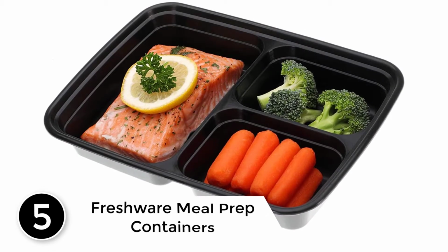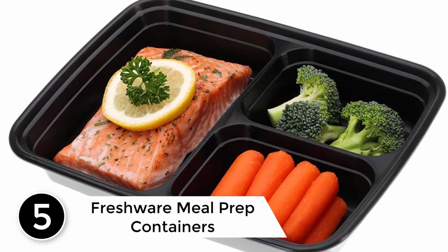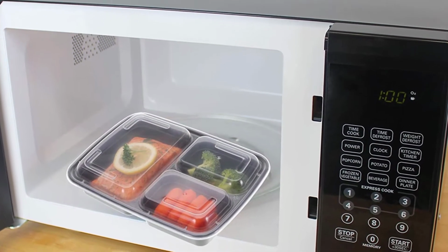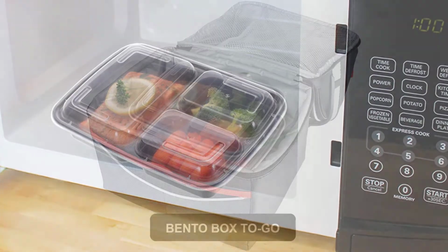Starting at number 5. Freshware Meal Prep Containers. Containers with compartments allow you to take delight in every delish taste in your meal. Besides that, preparing food becomes much easier where you can just sort out the elements in your dish for a more enjoyable treat. With all these great features, Freshware makes sure to have them all incorporated in their plastic food